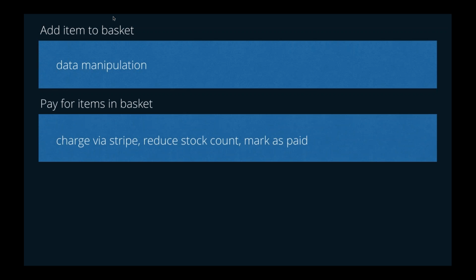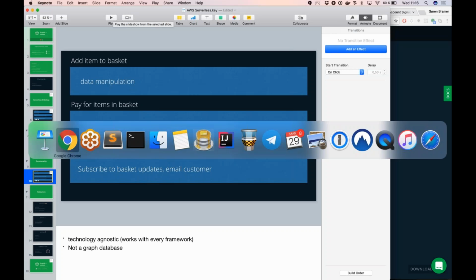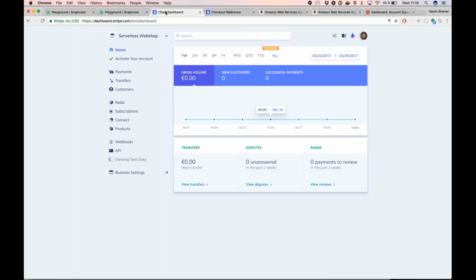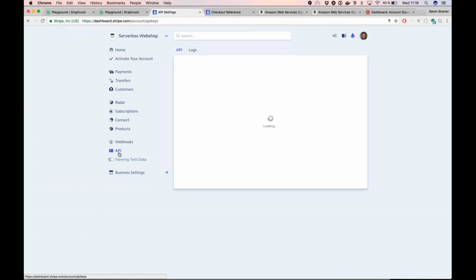Now it becomes a little more interesting. So we want the user to be able to pay for all items in a basket. We basically want to have a checkout. So to do this, we're going to hook up our GraphQL API with Stripe using Amazon Lambda. So the first thing we need to do is go to Stripe, set up an account. If you haven't used Stripe before, it's super simple. You just sign up, you land in this beautiful interface, you go to your API setting,